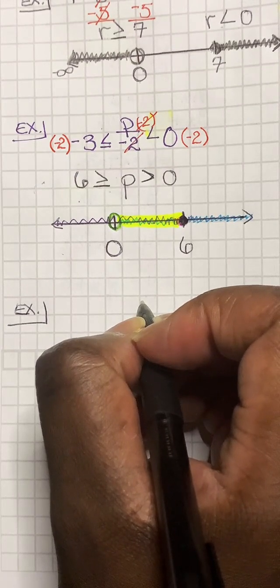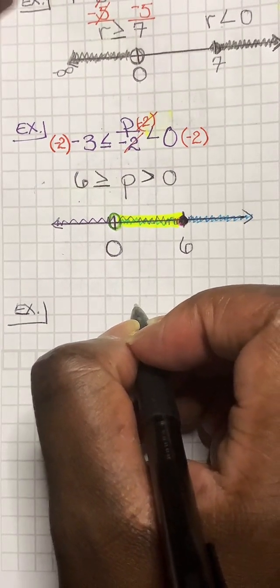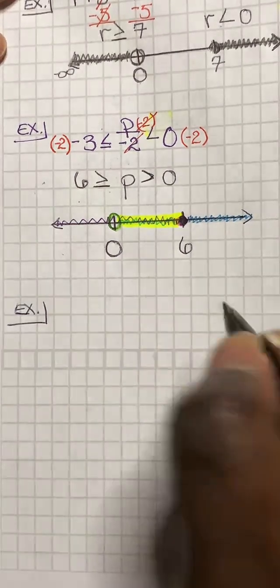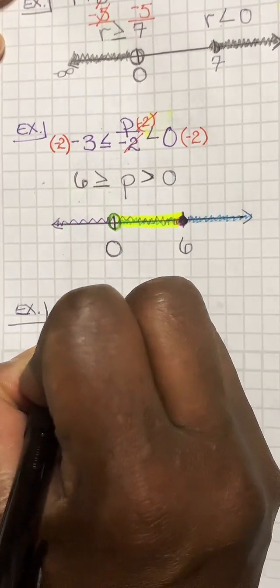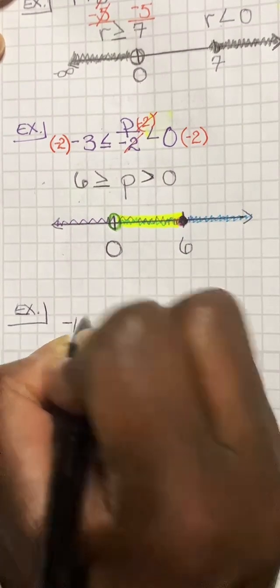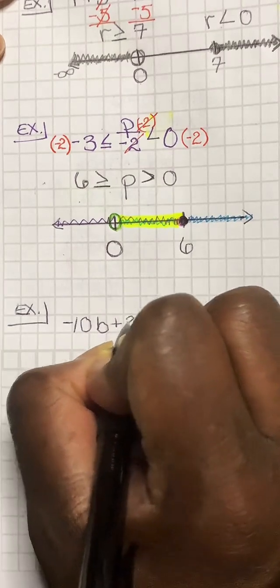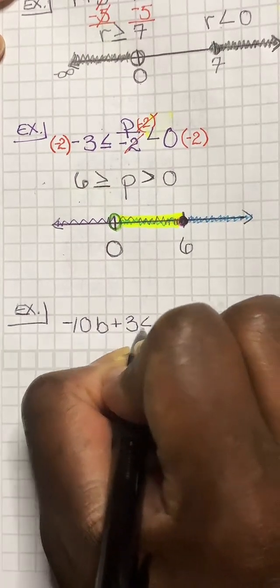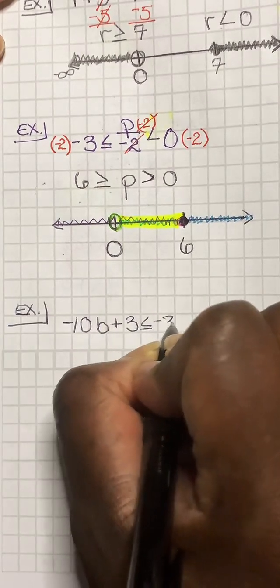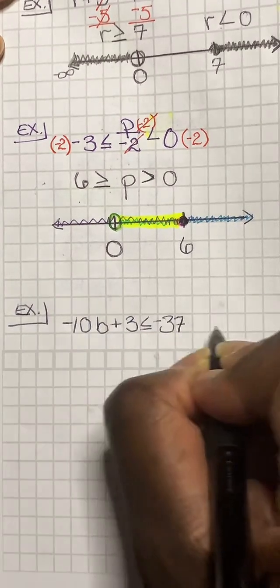Let's see. I'm gonna try this one. So we have -10b + 3 is less than or equal to negative 37, or,